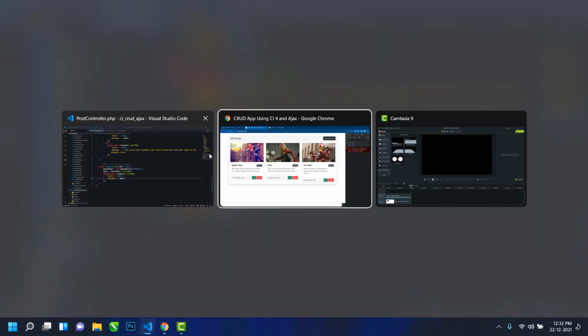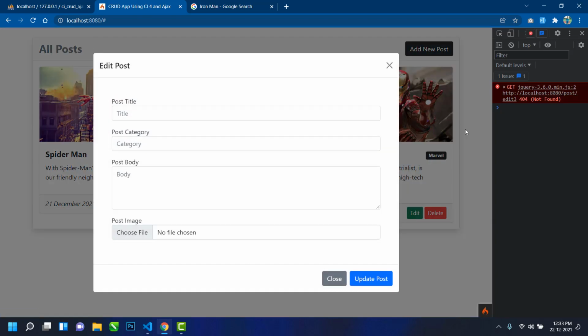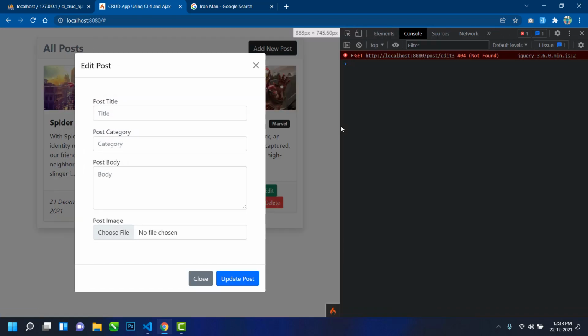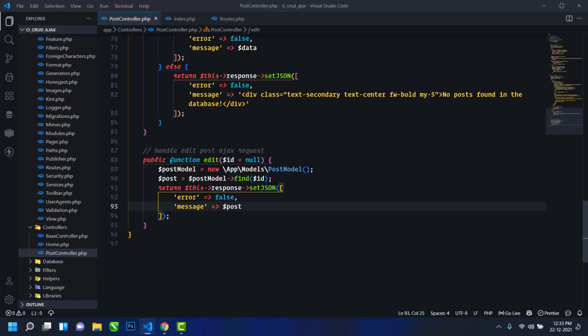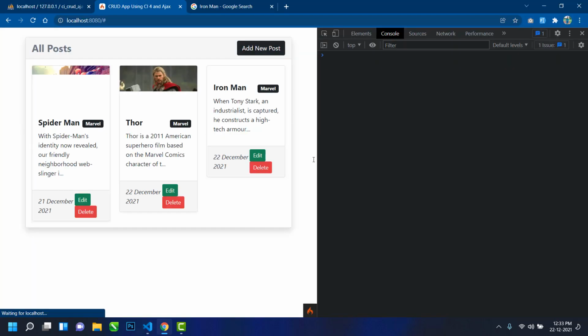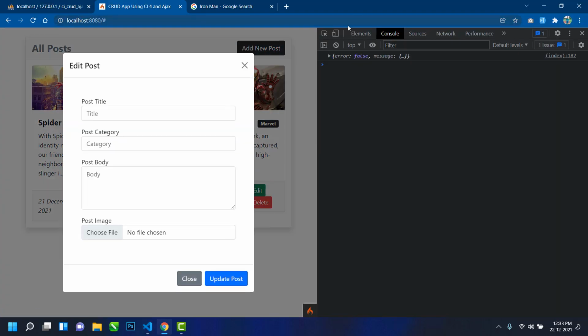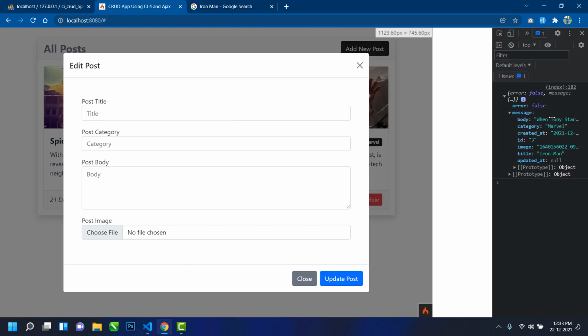If we save this and go to the browser, refresh and click on the edit button, we are getting some error. Let me check. Okay, so in edit, we have to write a slash, so here also use slash, edit. Now we are getting the post detail in the message object.